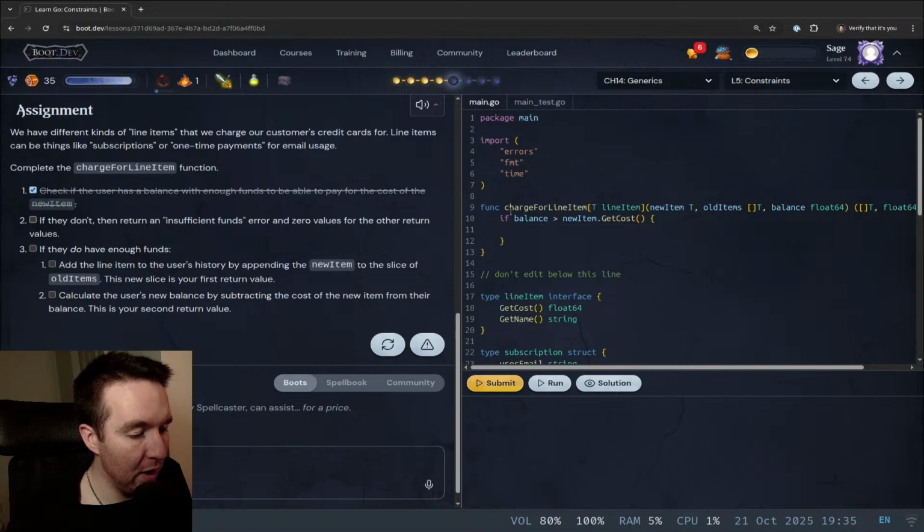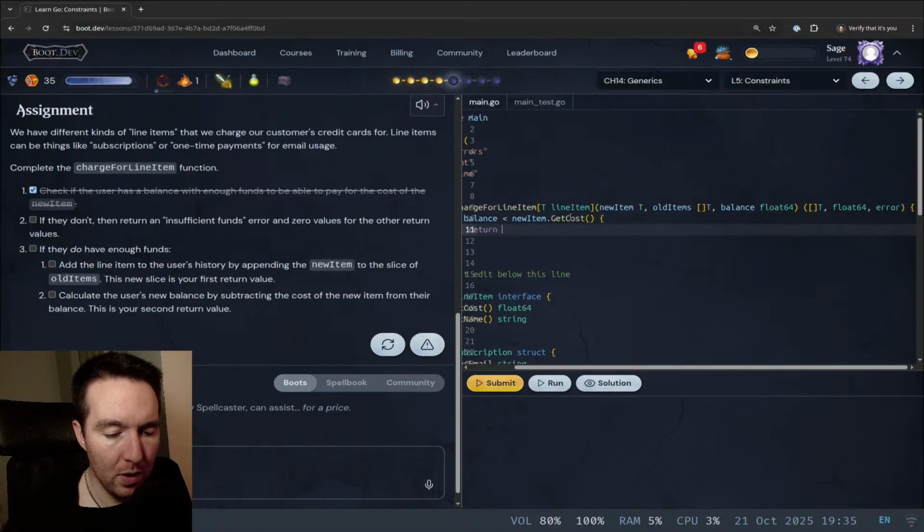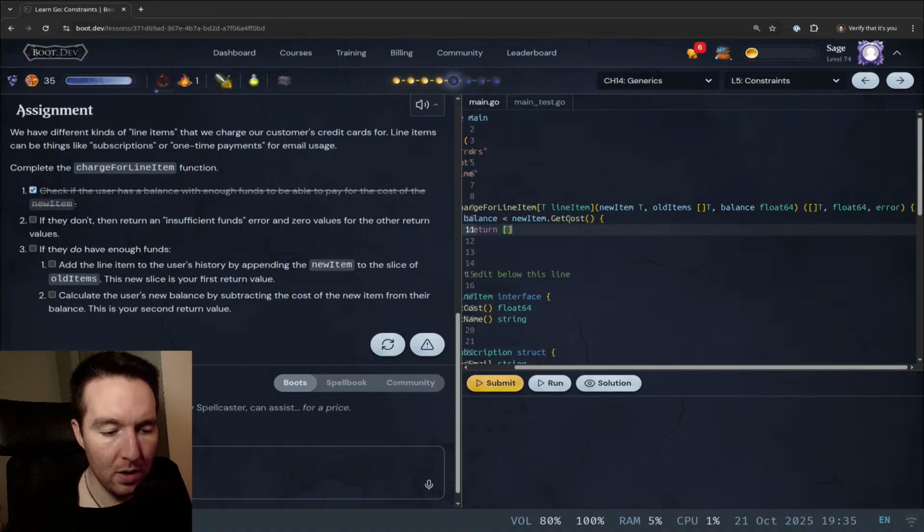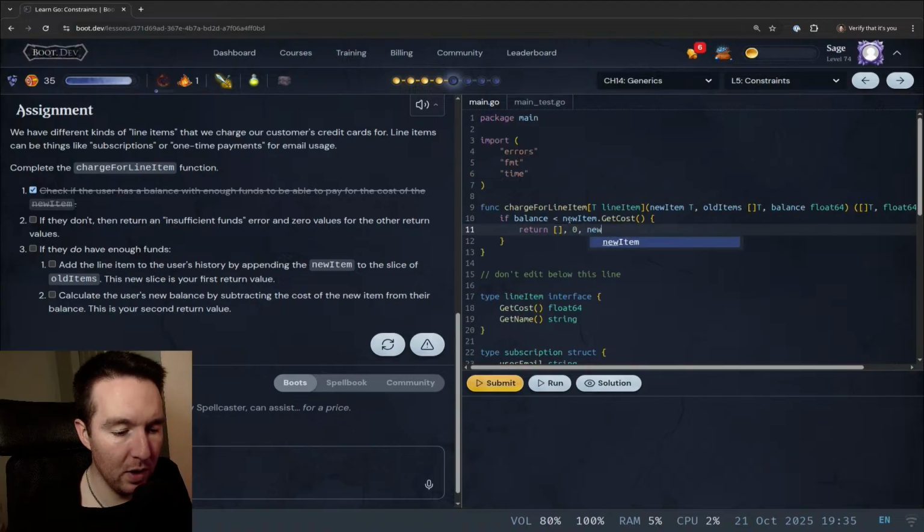If they don't, return insufficient funds error, and zero values for the other return values. If they do have enough funds, so if that returns, it's going to be just an empty slice, zero, 64, zero, and new, what is it, like